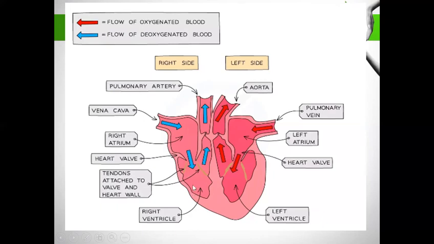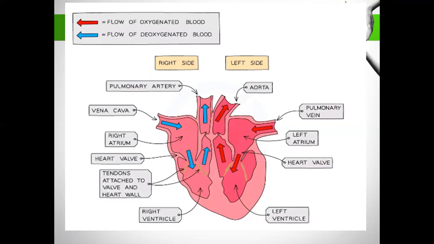And when the right ventricle contracts, there is a special type of valve connected between the right ventricle and the pulmonary artery. These valves are called semilunar valves. So when the right ventricle contracts, the tricuspid valve closes, but the semilunar valves open, and the CO2 blood enters into the pulmonary artery, and from the pulmonary artery it goes